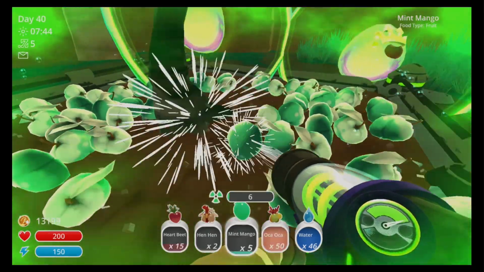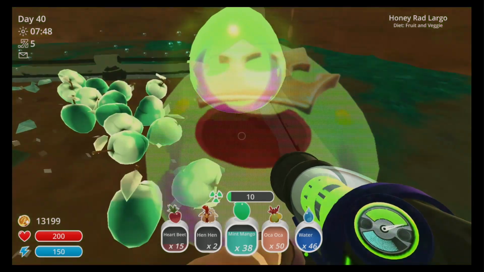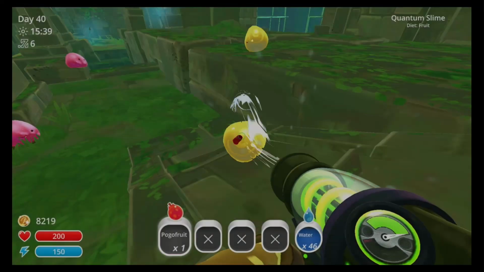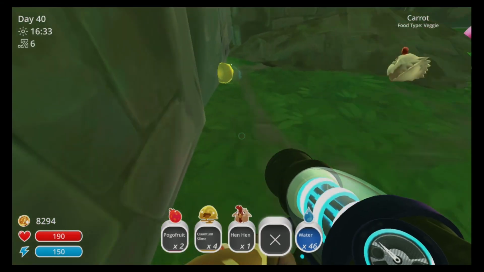But don't worry about having enough, because if you plant a mint mango tree with enriched soil and a sprinkler, you have enough mint mangoes for your honey slimes and a nice mint mango smoothie for yourself at the end of the day. Quantum slimes enjoy phase lemons, which can be found in the ancient ruins as well as Victor's